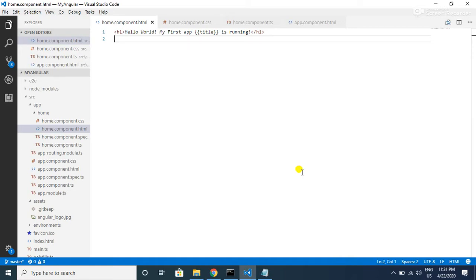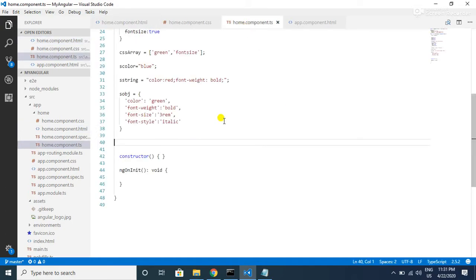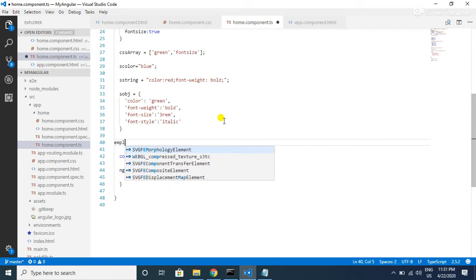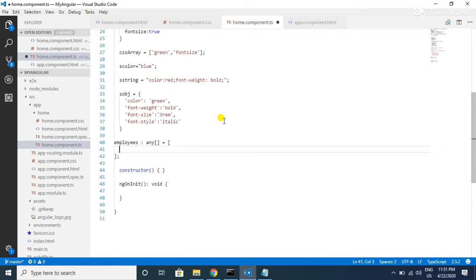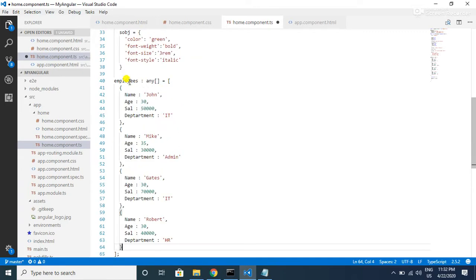So let's go to the home component.ts file and create an array of employees called employees, any, equal to square brackets as it is an array, and let me paste the employees. So here I have the properties of each employee as name, age, salary and department.